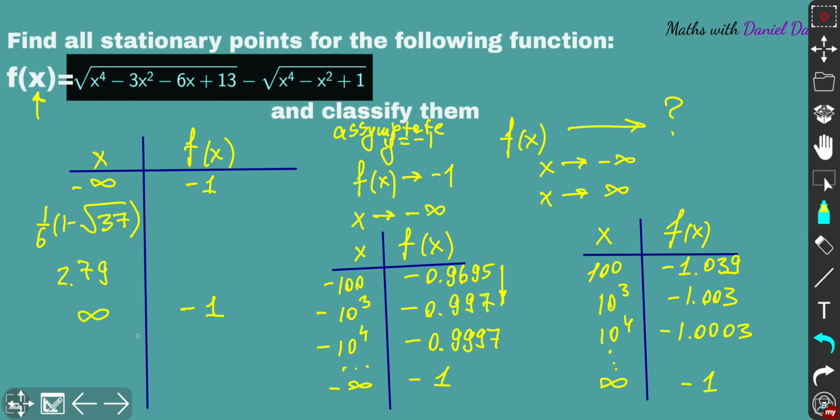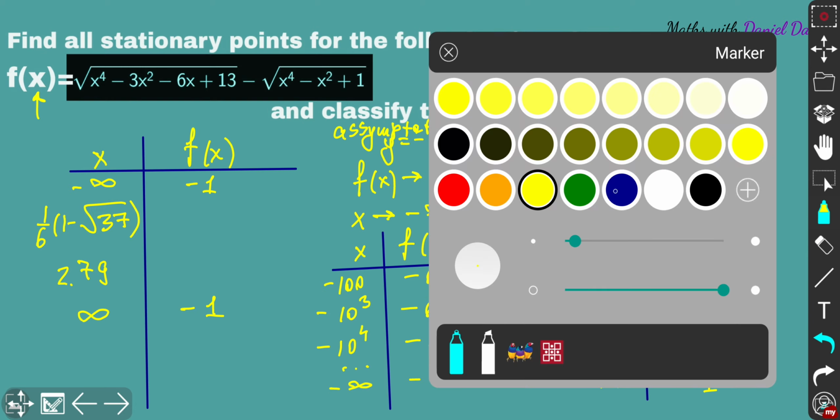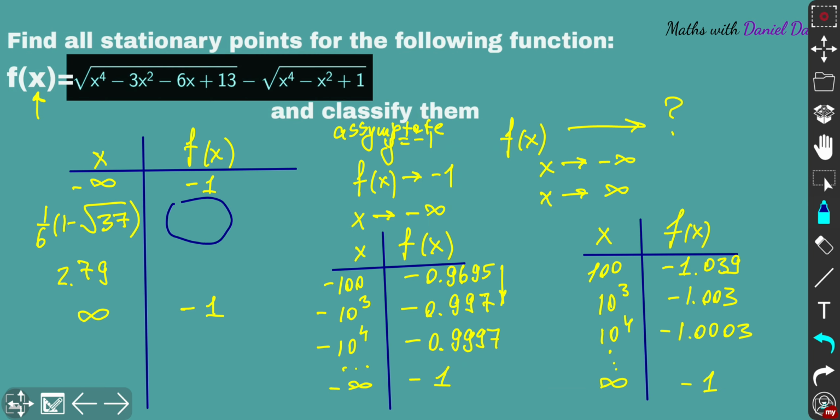Okay, so we've got that, and we need to define the rest. What stays for x equals 1 over 6, 1 minus square root 37, and for this. Okay, so what you can do in that case,